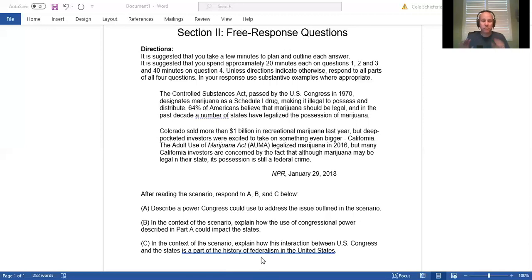So remember, before you start the question, go through, circle the verbs, underline what the verb is asking you to do, and just in your head, translate what the question is asking you to do. Normally, I want you to write that question out, but I don't think you're going to have time to do that. So we need to break this down to make it easier, just real quick. Describe a power that Congress has that can fix this issue. How would that power you described in A impact the states? And how does what you described between A and B show the history of federalism in the United States? So you're just going to translate this in your own words so you understand it. I did that in words that I understand. You need to do that for yourself before you start.